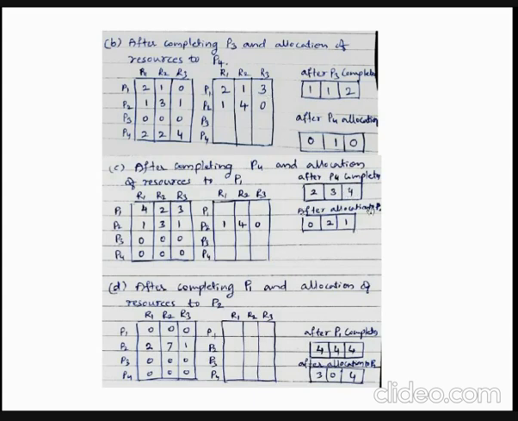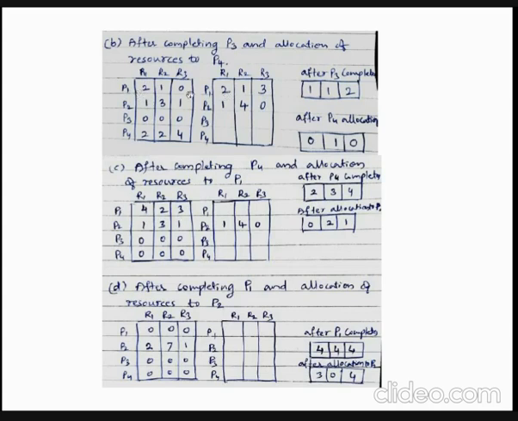So after allocating resources to P1, the free resources status will be 0, 2, 1. Now what we assumed is P1 will be able to complete its execution, right? So P3, P4 have completed. Now P1 is allocated with 2 plus 2, 4 resources. Earlier it was allocated with 2 resources. Now we have satisfied the resource request which is made by P1.